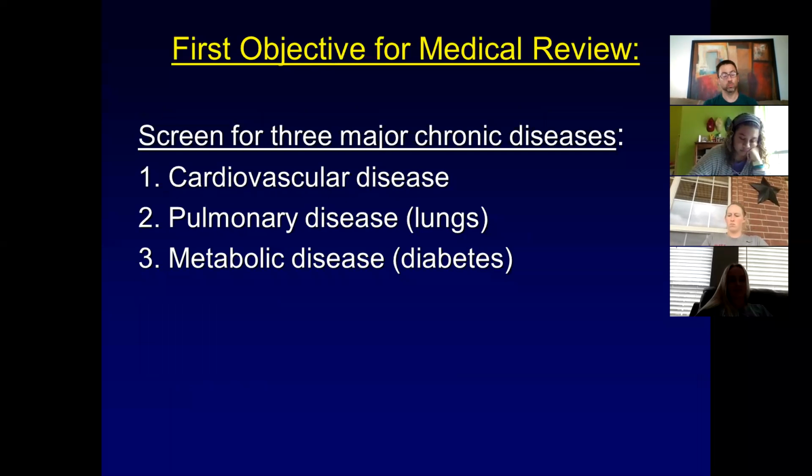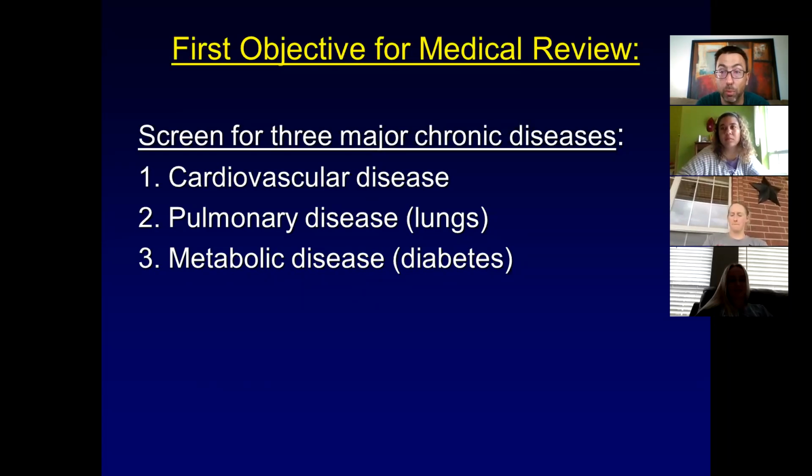Okay. So when we go through all of this, I'll actually pull up the form, and you can walk your way through it here once we go through what it needs to look like. Much like with the PAR-Q, the first thing that we're going to do is this medical review. We want to ask questions, and there are questions on there, once we get beyond demographic information, on whether you have a diagnosed major chronic disease. Do you have cardiovascular disease?